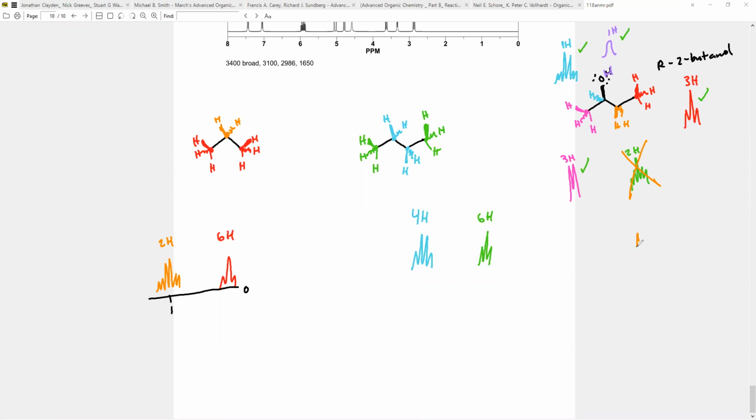Instead, what we see are 2 1H peaks, that represent 2 hydrogens on that carbon, but